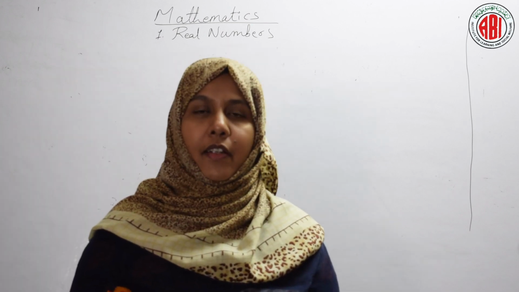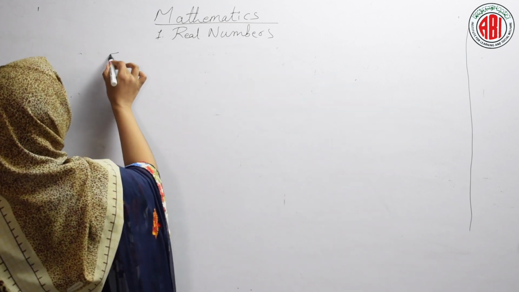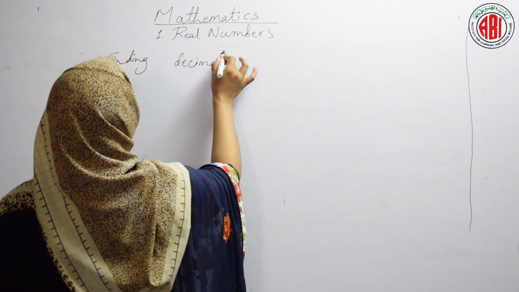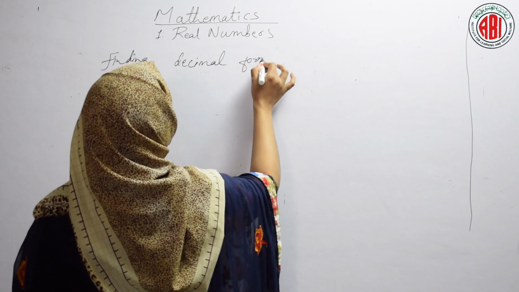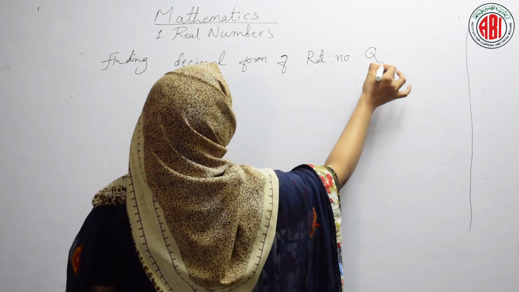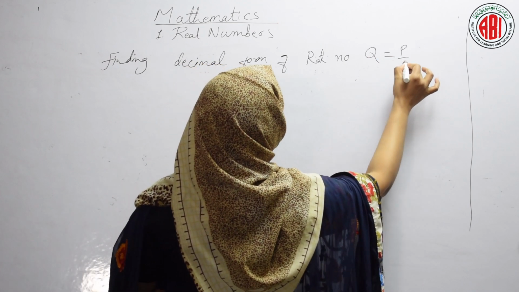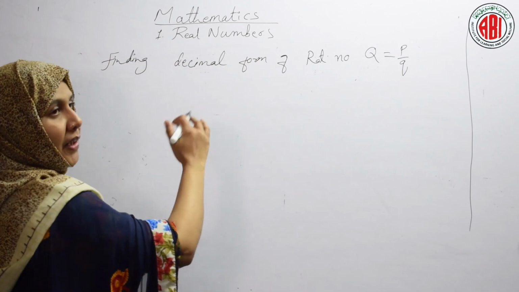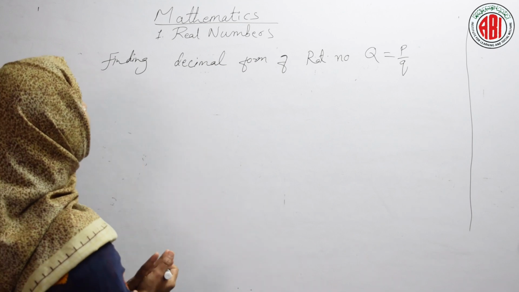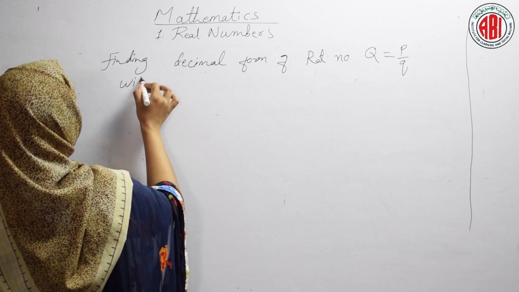Now, what we have done is by division methods, right. Now, finding the decimal form, okay. How to find? Finding the decimal form of rational numbers. Rational numbers we can write as Q, capital Q. Finding the decimal form of rational numbers, that is, P by Q form numbers, without performing divisions. In the previous problems we applied the division method, we did it by division. Now, what about this without performing division? Rational numbers P by Q, without actual division.